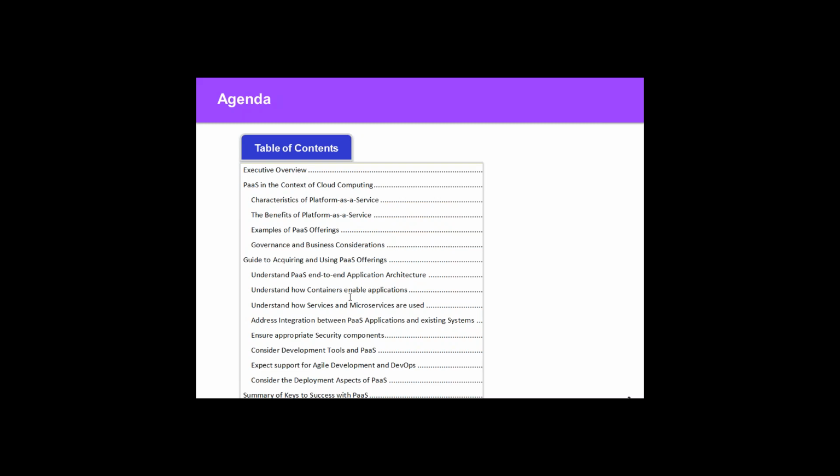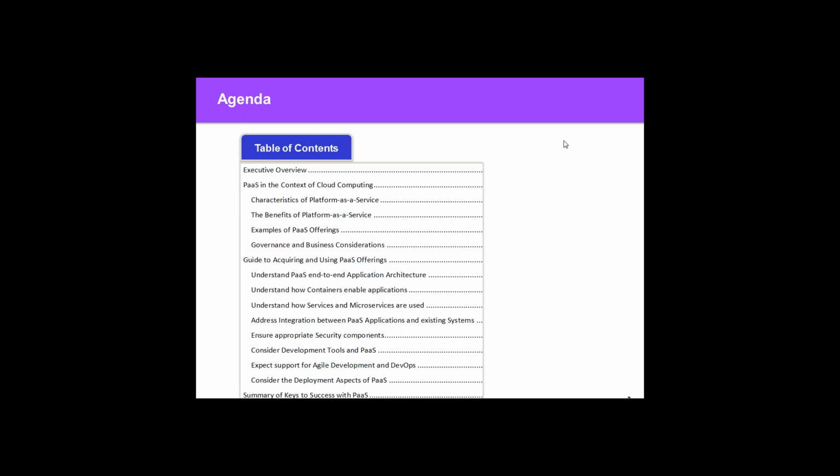The first part of the presentation is going to focus on setting the context for PaaS. We'll provide a clear description of the characteristics, capabilities, and benefits of PaaS, along with a discussion on governance and business considerations that need to be taken into account when using a PaaS offering.